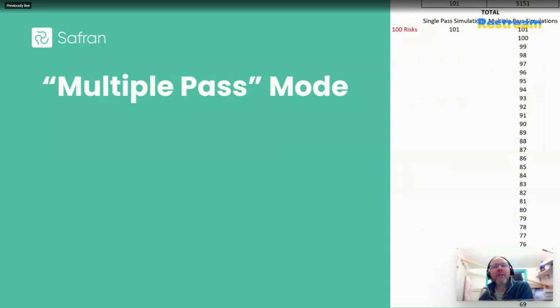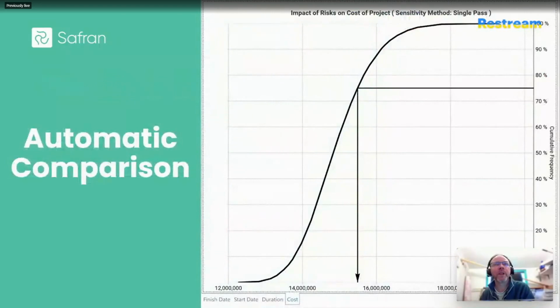So now if you're wondering why on earth would you want to run 5,151 simulations where each simulation has 1,000 or 10,000 iterations inside each, are you a glutton for punishment? Well, it's because in the multiple pass method, it's clearly going to take longer to complete, but by removing the biggest variables first, they can no longer distort or mask the true effect that the smaller risks may have been exerting on the model.